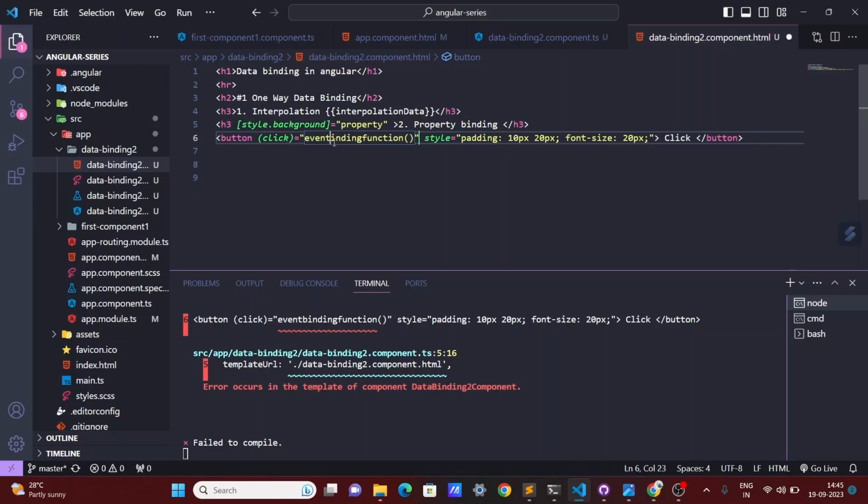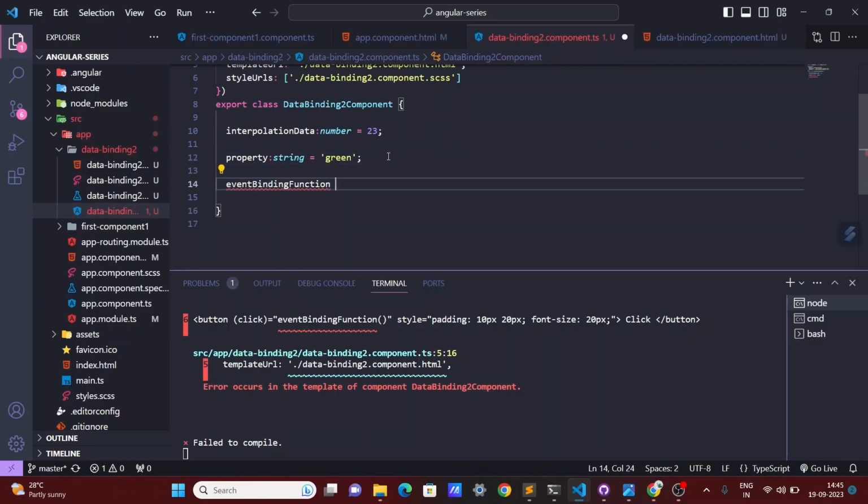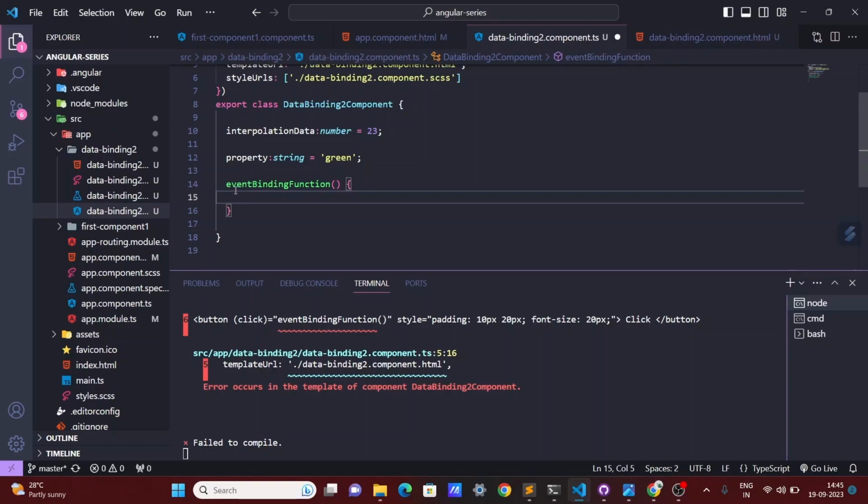And for your information, I should use camel casing because this is the good practice. Otherwise, your code will look so bad. Now I'll write the function. In Angular, we don't need to mention the function keyword. You can directly write the function like this. Now here I'll write